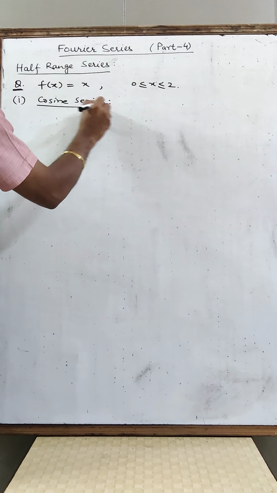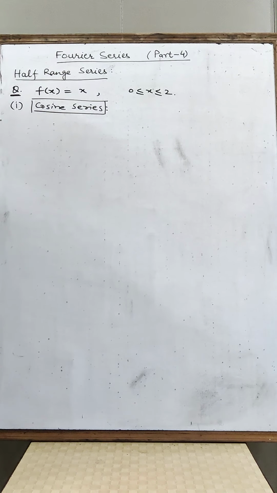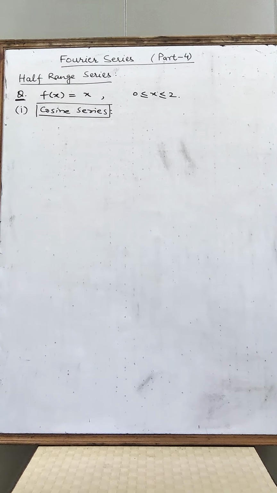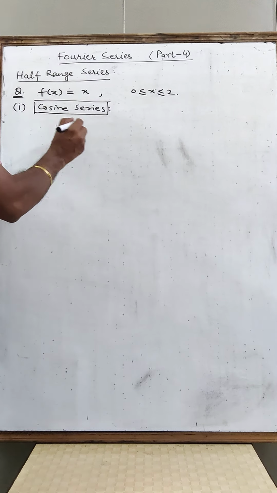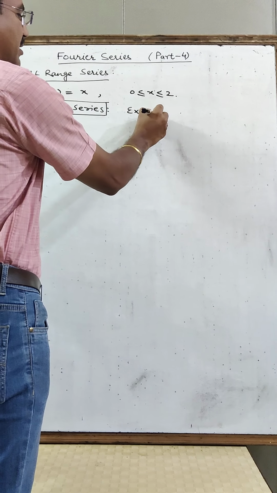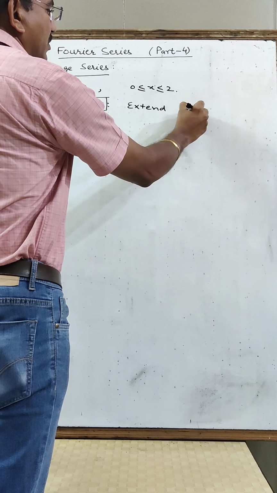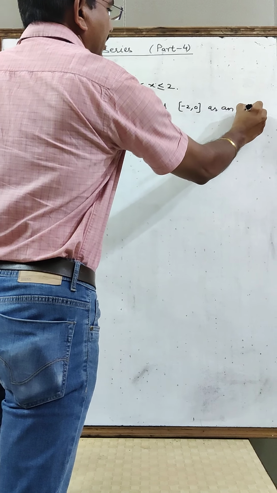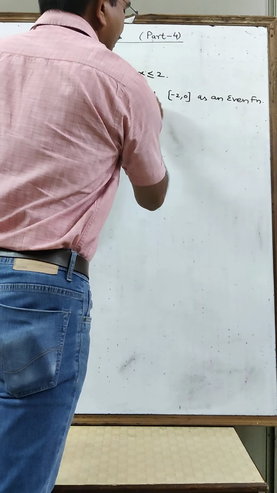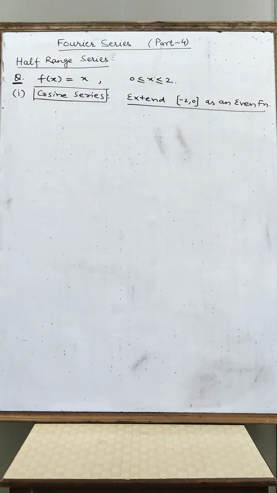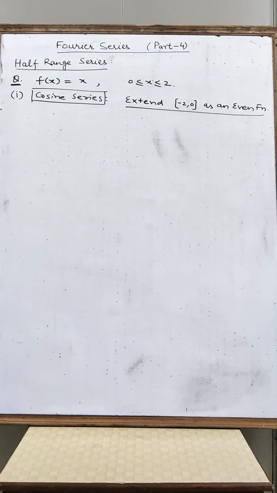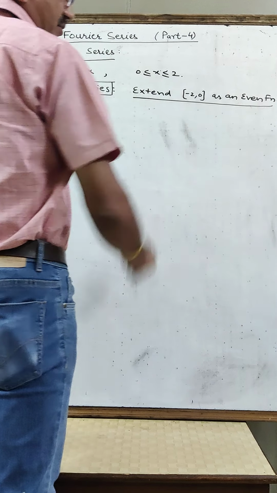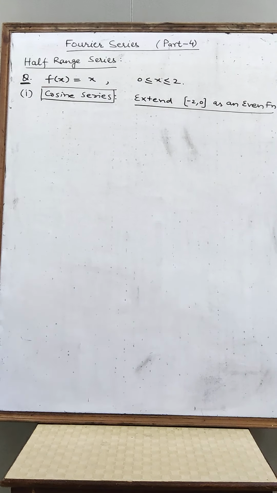So students, if we have to find the cosine series when a function f of x equal to x is defined over the interval 0 to 2, we already discussed that we will extend our function over the interval from minus 2 to 0 as an even function. We will extend the function to make it an even function over the interval minus 2 to 2,